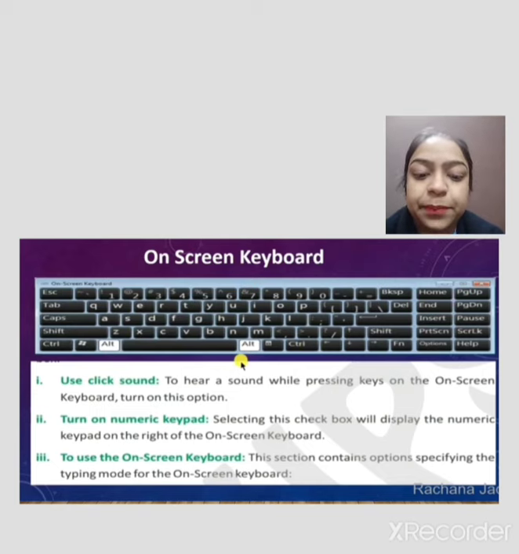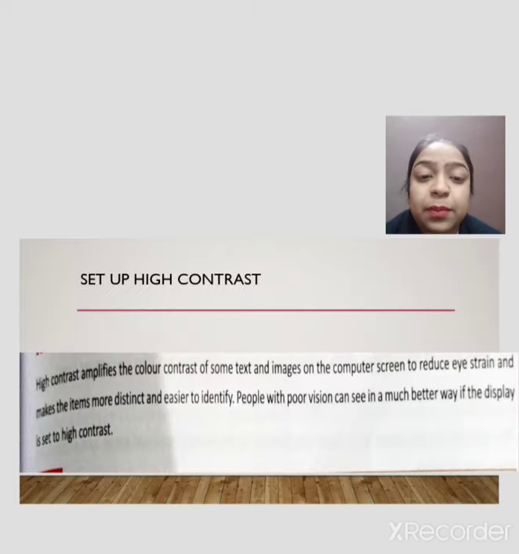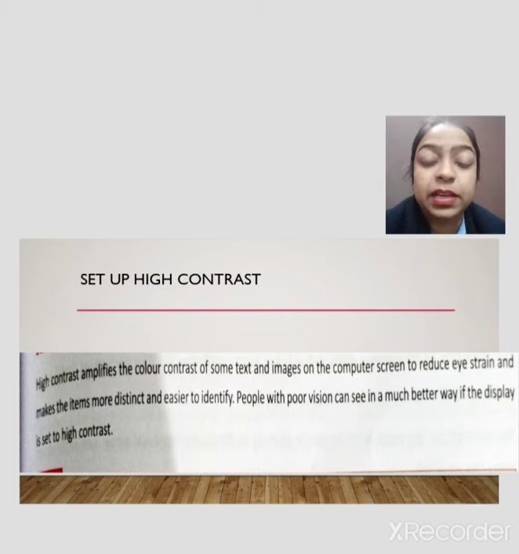Next one, the last one, is setup high contrast. That means if you want to view images very clearly, with color clarity on the computer screen, to reduce eye strain.